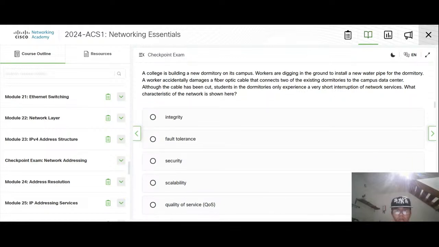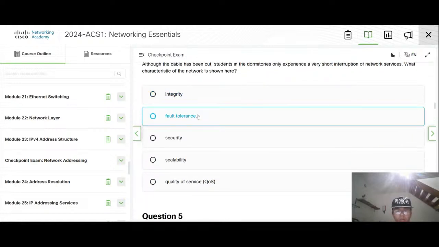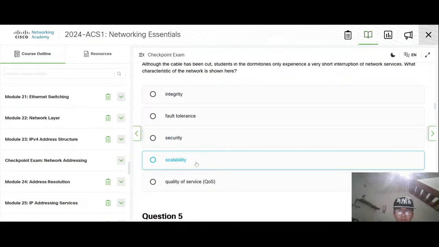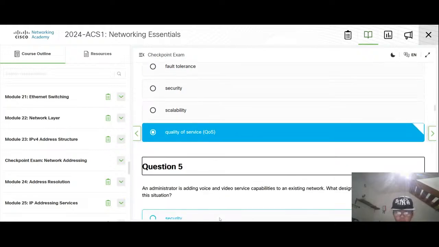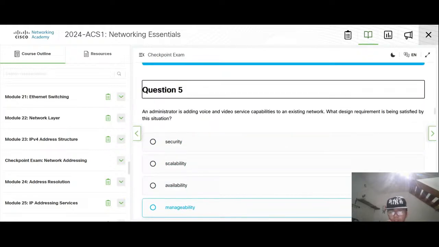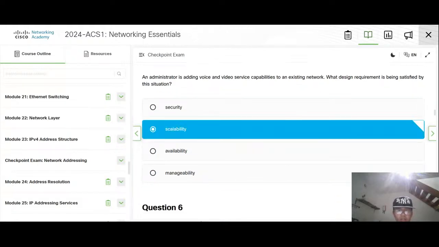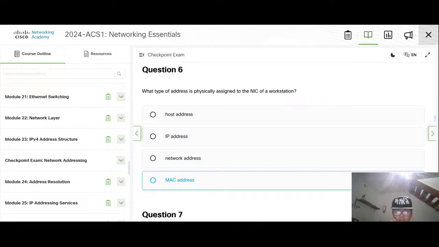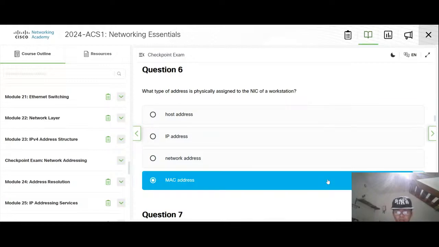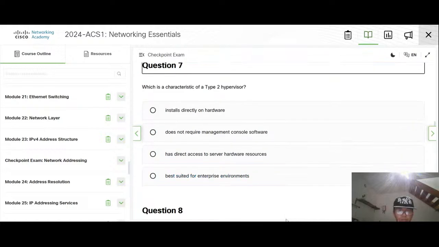What is the service? Or is scalability? It is market trust. I don't know this as well.